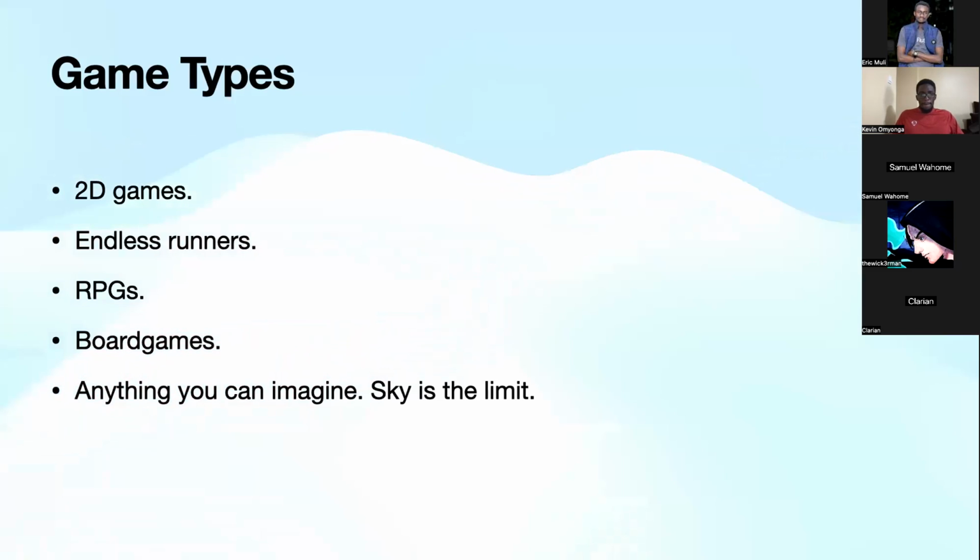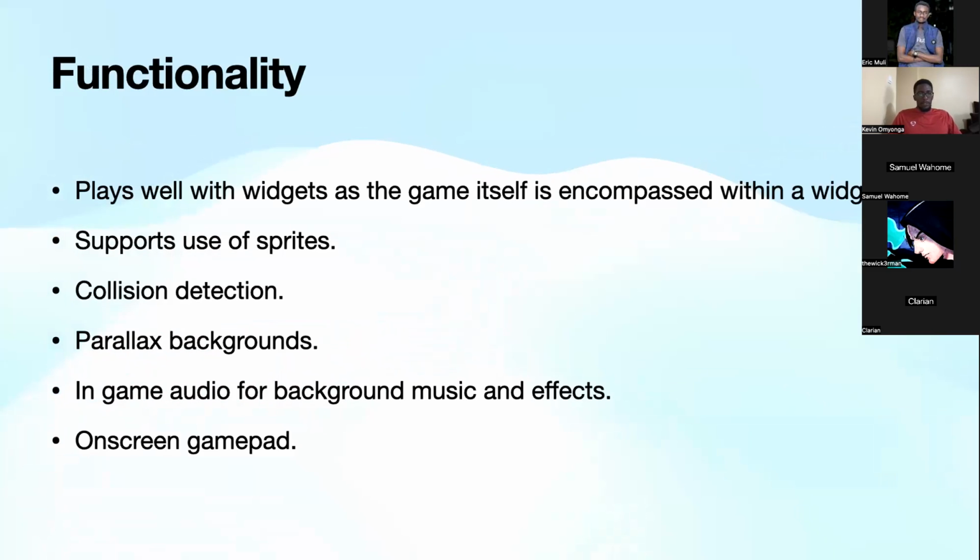Now, the functionality that the Flame engine provides to you is, one, it plays well with widgets, since the game itself is encompassed within a widget. So you'll have a game widget that holds all the logic of the game, and the game will operate from there. And then you can use other widgets, so Material Design widgets, Cupertino widgets, and build on top of that and layer them on top of your